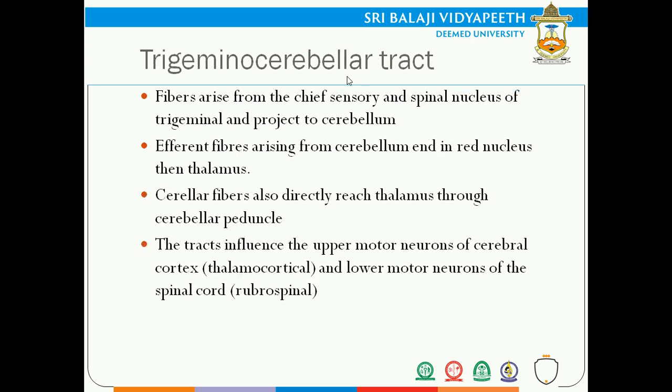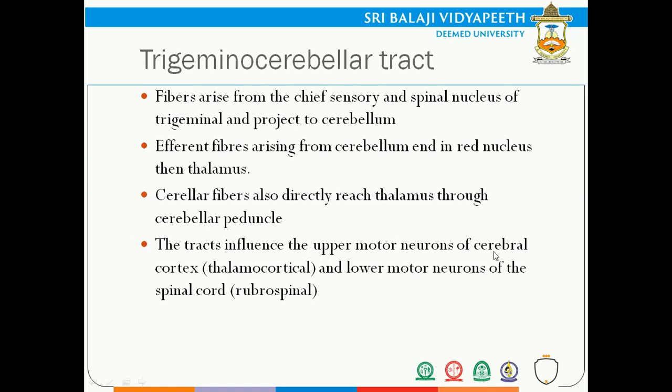Next is the trigeminocerebellar tract, that is the fibers that arise from the chief sensory and spinal nucleus of the trigeminal nerve and project to the cerebellum. Efferent fibers arising from the cerebellum end in the red nucleus, or the rubrospinal area, and then go to the thalamus. Cerebellar fibers also directly reach the thalamus through the cerebellar peduncle, and the tracts influence the